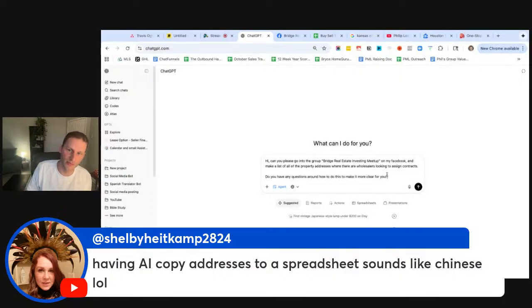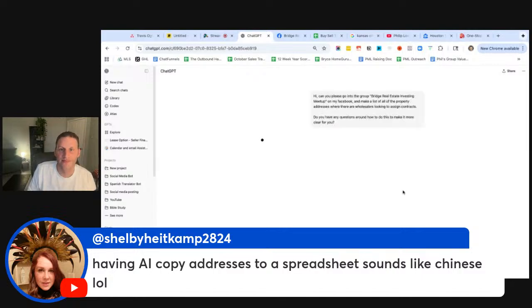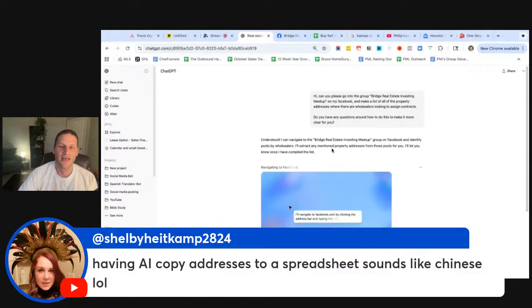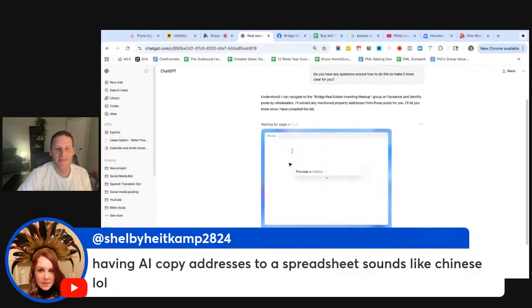And first, we want to do a pre-prompt and say, do you have any questions around this to make it more clear for you? This is just on ChatGPT, right? This is nothing super crazy. Understood. I can navigate to identify posts by wholesalers. Cool. Okay, it's now going to my Facebook.